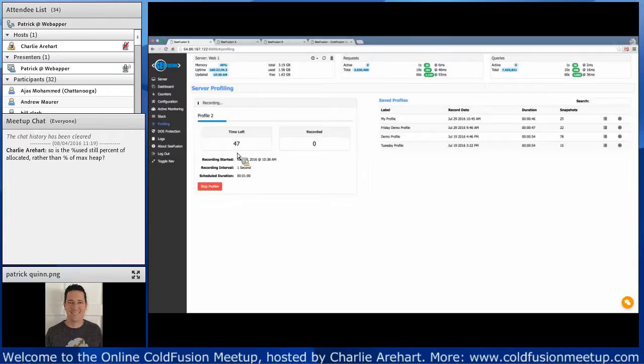A couple of minor UI bugs. You see that jumped way down to 47 seconds to start. The timers are not, this is not an atomic clock here that's driving this timer. It's all browser-based JavaScript. But for the most part, this will tick down in real time, and you can see